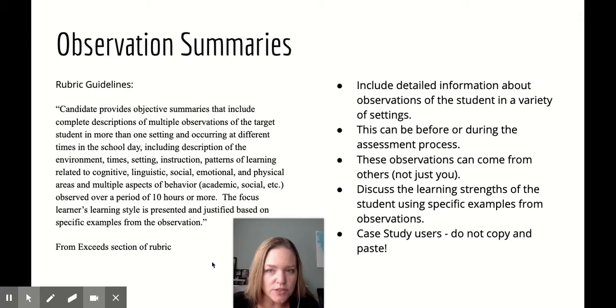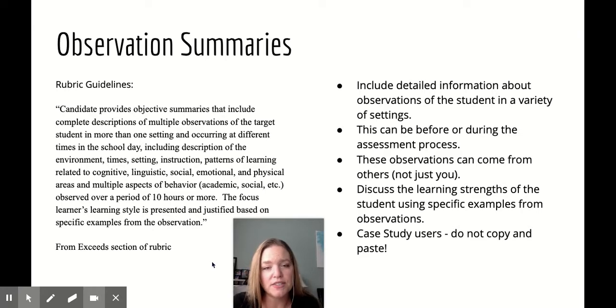This includes a description of the environment, the times, the type of setting you're in, what kind of instruction is going on, if there's any, patterns of learning related to multiple areas: cognitive, linguistic, social, emotional, physical, and multiple aspects of behavior. This technically should be observations that take place over a period of more than 10 hours. The focus of the learner's actual learning style or strengths should also be presented and justified based on specific examples